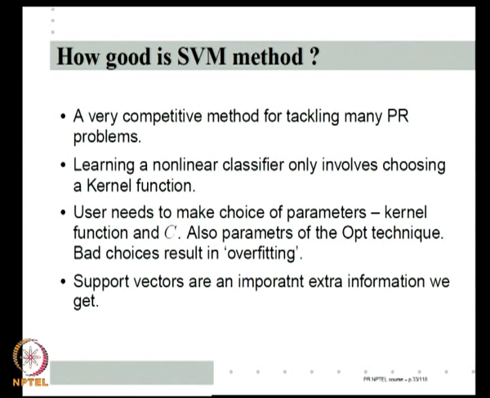As a matter of fact, in the SVM method as we saw, once we get our optimal hyperplane, if I now keep only the support vectors and throw away the rest of the examples and once again solve the optimization problem only on these, I will learn exactly the same optimal hyperplane, right? Because the support vectors are the most important thing. Once I classify the support vectors right, the rest of the things will automatically be classified right. So, at the end, I am not only getting a classifier, I am also getting the support vectors, which is very useful extra information that the method gives me.